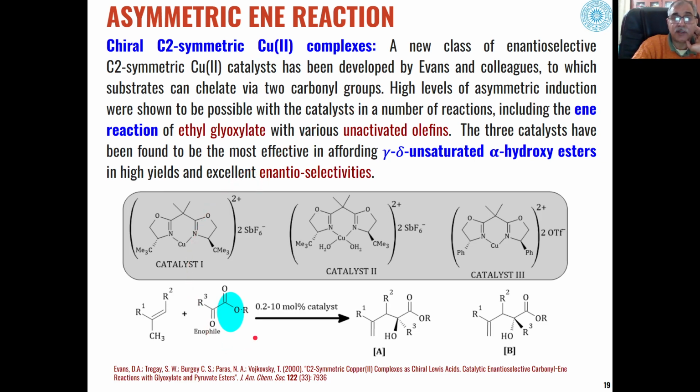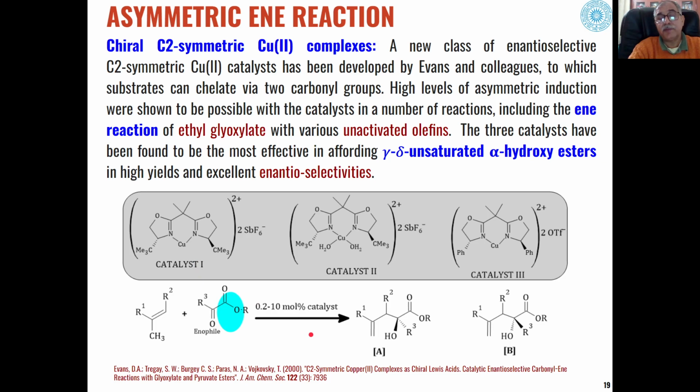So when ethyl glyoxylate is used with unactivated olefins, then we will get the alpha hydroxy esters as the products, and here again the products formed will be chiral in nature, and for these type of conversions we can use any of these three types of copper based catalyst,